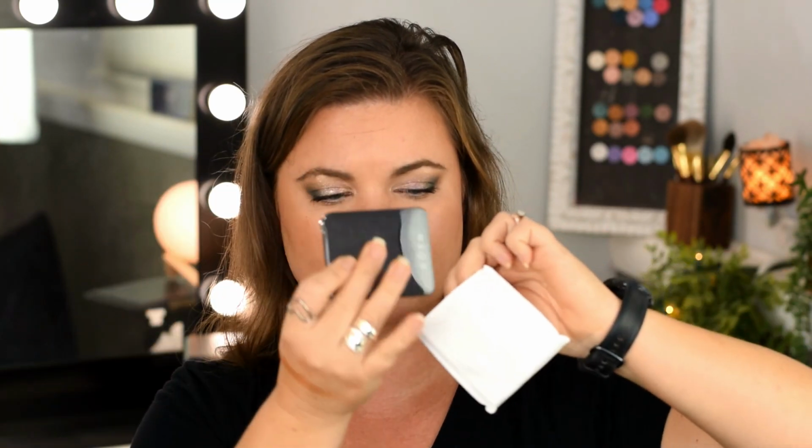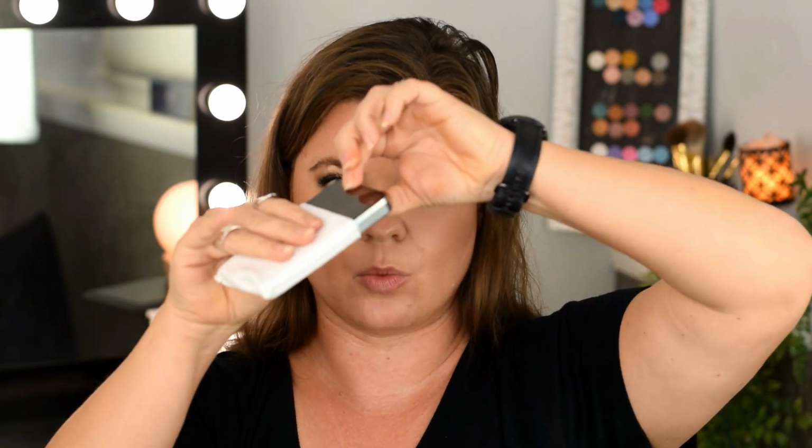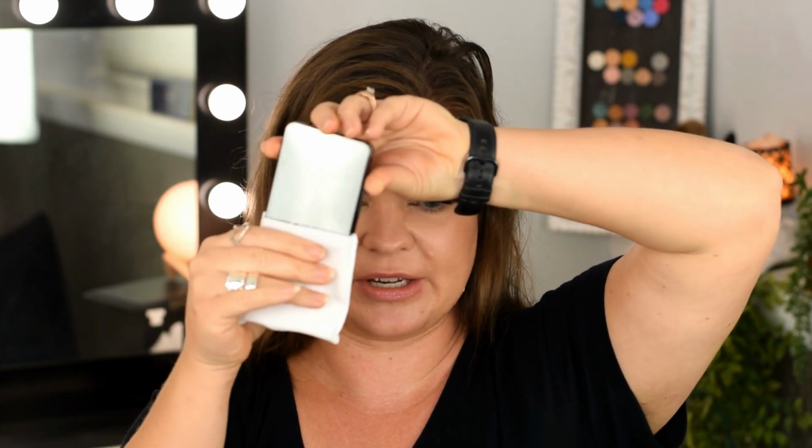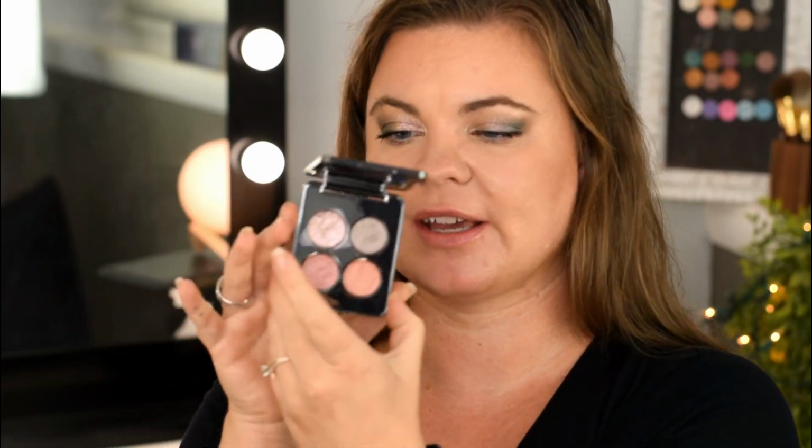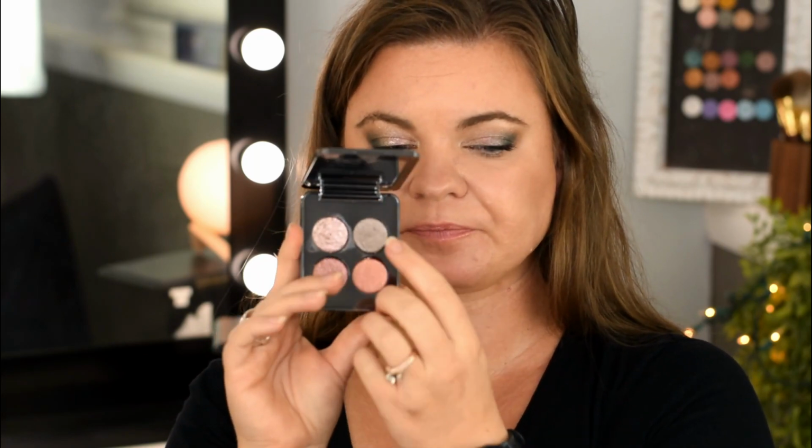So I get my hands and my gritty fingerprints all over the place, and this actually does kind of act as a wipe, and it's supposed to remove, or so I, well, maybe not. You saw all the fingerprints still on there, but anyways, I tried. It kind of helps. It minimizes it a little bit. So anyways, there are 4 shades in here. The shades are Situation,